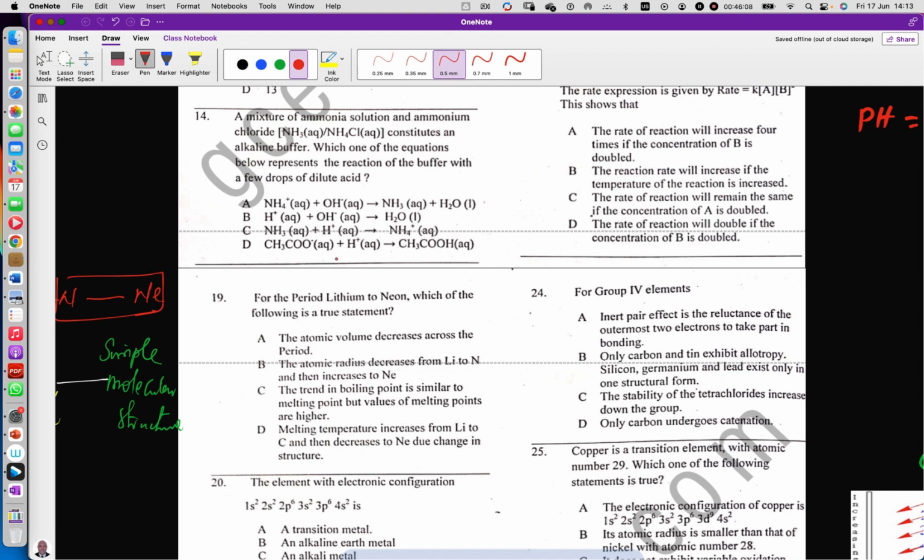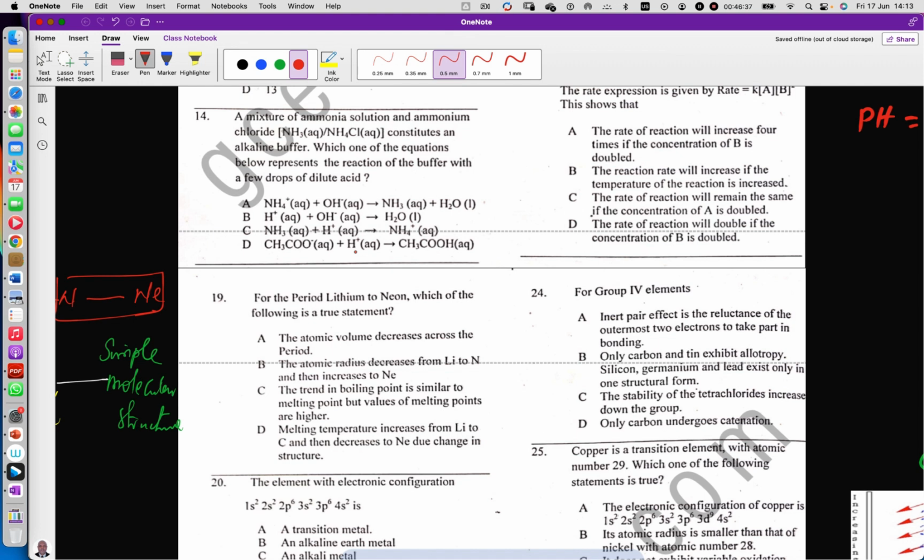You will see here that this is ethanoate, on addition of a hydrogen ion, that is, on addition of hydrogen ion representing acid,